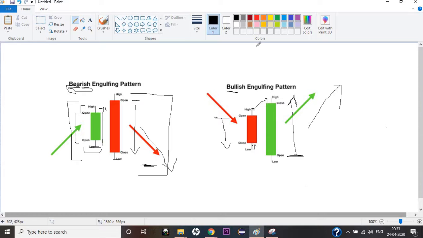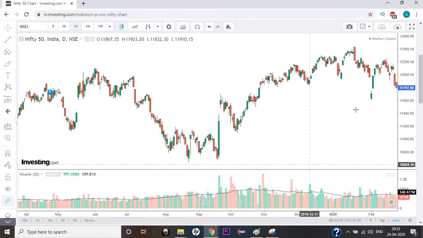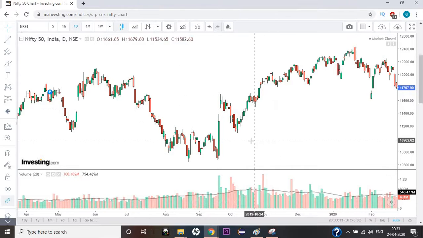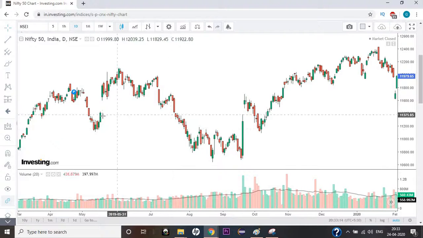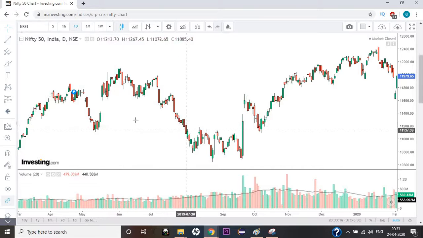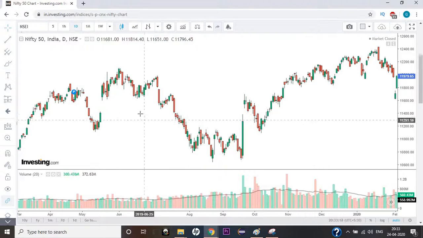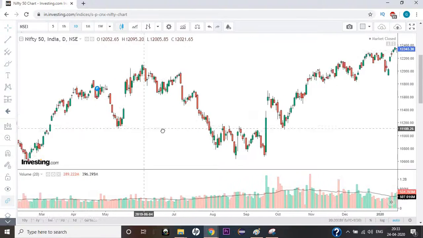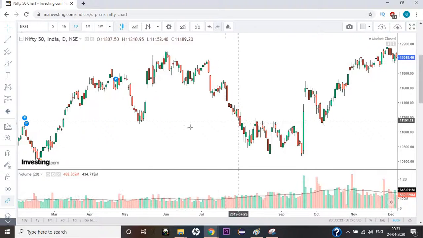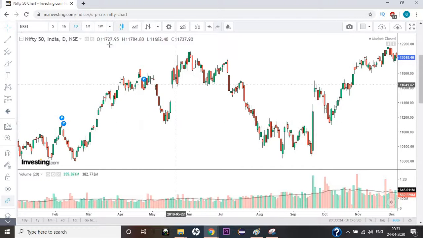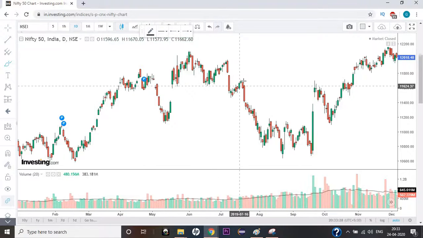Okay, now let's look at this in the practical world. Let's go to one of the charts. Yeah, so this is one of the charts I have opened. It's the historical chart for somewhat May 20, right? Let's see what we have here and find a pattern. I'll open a brush.